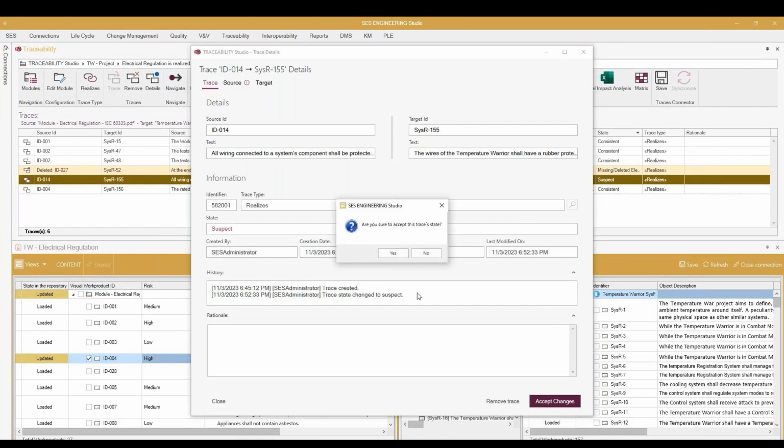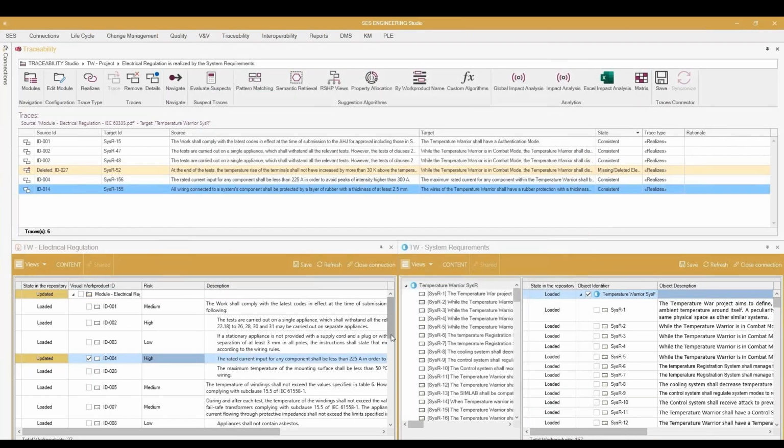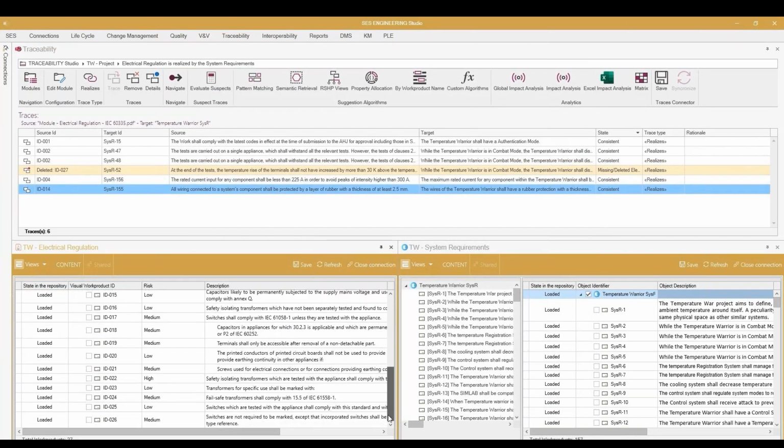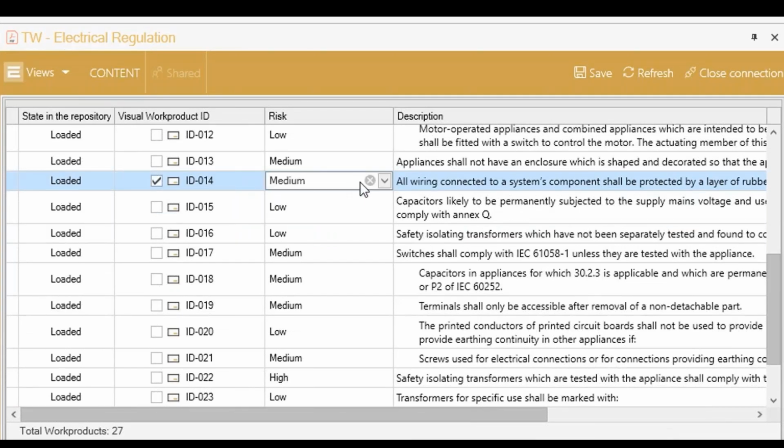But let's say that for the sake of the example, on the financial side or the legal side, this is going to be a little bit more complicated. And in this case, we're also going to be moving, let's say, the attribute corresponding to the risk of this requirement, or of this statement, sorry, from medium to high. Okay,